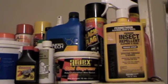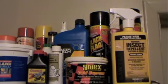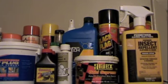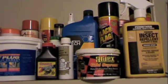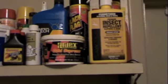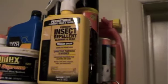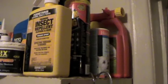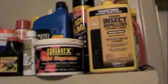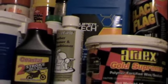This is in my utility room inside of my home, and this is by no stretch of the imagination all of my household and car supplies and things like that. But because my home is only about 1,400, maybe 1,450 square feet, this is pretty much limited in the amount of space I have inside the home. But this is all of my stuff that I utilize to keep care of my yard and the home. This is my bug spray, my insect repellents, my dog supplies, and of course, like I said, my yard supplies for the grass. And then right here in the center of all of this madness is my car and motorcycle,